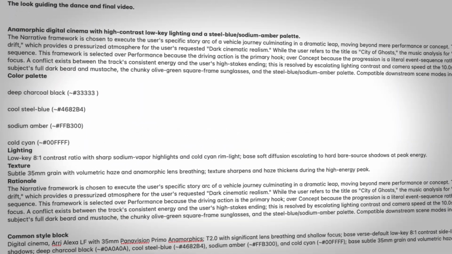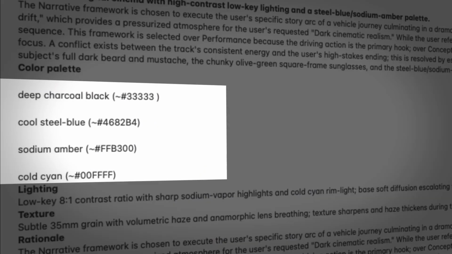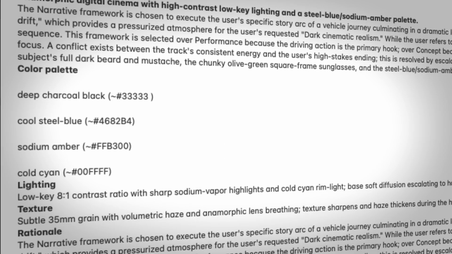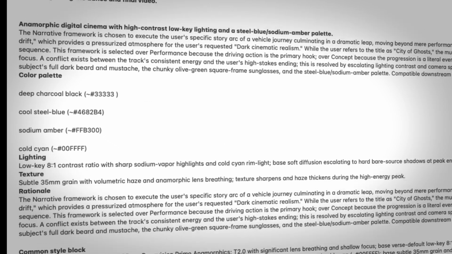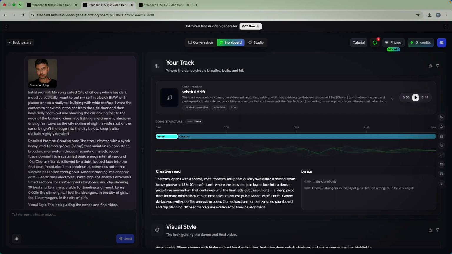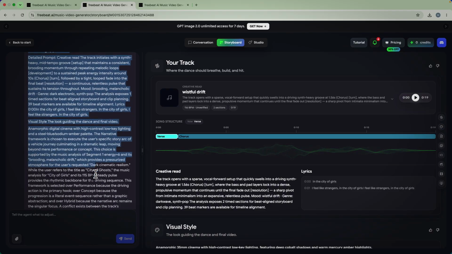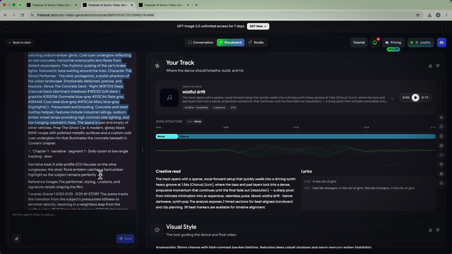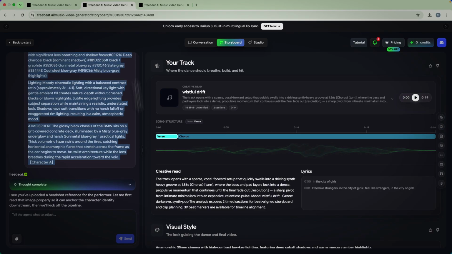I'll also replace the suggested color palette with one that better matches the atmosphere I'm going for. Rather than writing a massive prompt myself, I'm simply refining the one Freebeat AI already created. It's much faster and it gives me far more control over the final look of the video. I'll also make sure the lighting and color palette stay consistent throughout the entire prompt so the visuals feel cohesive